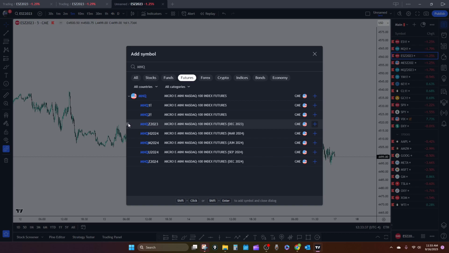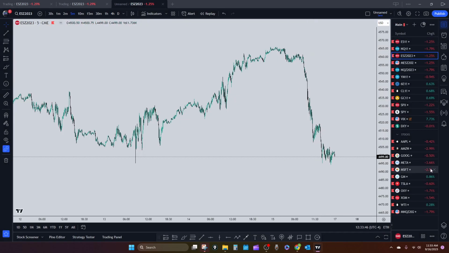So I'll click the little color, and you have a red list over there where anything you flag red will show up down here at the bottom of the list. So now I can move my MNQ up to under my NQ. Now I have my NASDAQ minis and I have my NASDAQ micros. Same thing here. I've got my ES minis, I've got my ES micros, and I've got continuous contracts up here